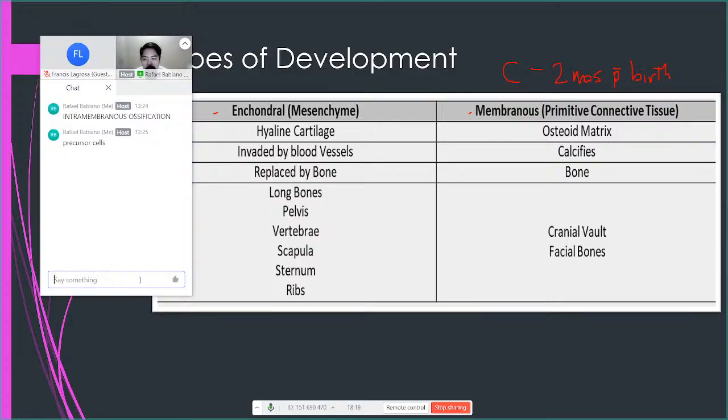mesenchymal cells. By the way, when you go to second year, you have a subject called human growth and development, where you're going to talk all about how the fetus is developed, up to how it grows. So you will go more in depth about the